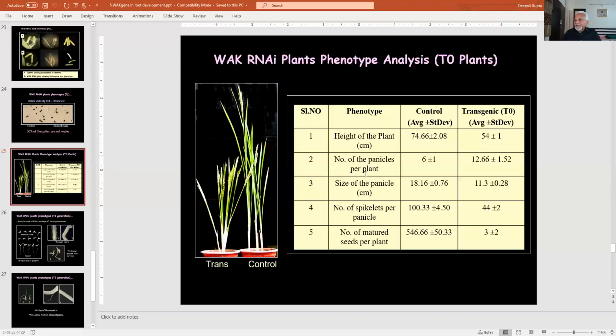So it's a very interesting observation that the silencing of this gene is affecting morphological traits like the shoot lengths, sizes, leaves to flag leaf sizes, panicle size, the number of panicles per plant, and finally the number of seeds per plant. So whatever seeds were collected here, and of course we had seeds from control, the further analysis was done in the T1